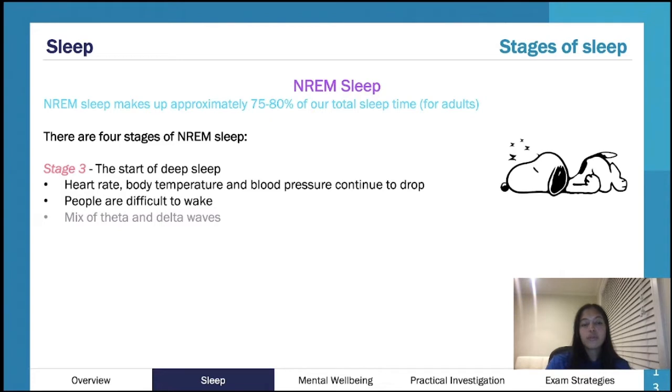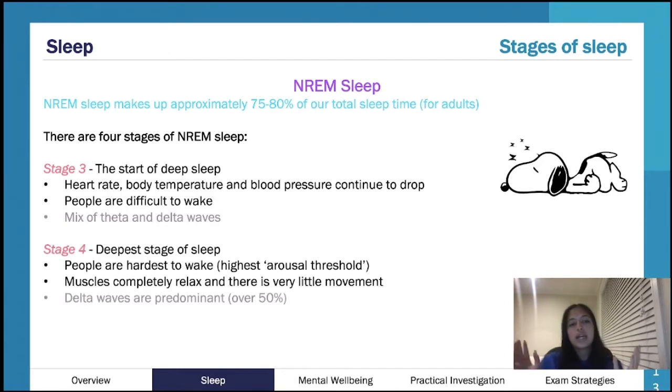Okay, so stage 3 and 4 are our deep sleep. Stage 4 is obviously the deepest, but when you use the term deep sleep, you're collectively referring to stage 3 and stage 4. This is when you're getting into your real proper sleep, and you get quite hard to wake. Your body goes through all the things again. Everything is slowing down, and you get a bit of those delta waves coming in until you hit stage 4, where you are in your proper deep sleep, like sleeping like a log. So minimal movement, you've got a lot of these delta waves, and you're really hard to wake.